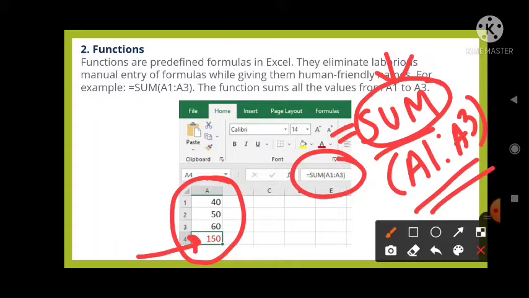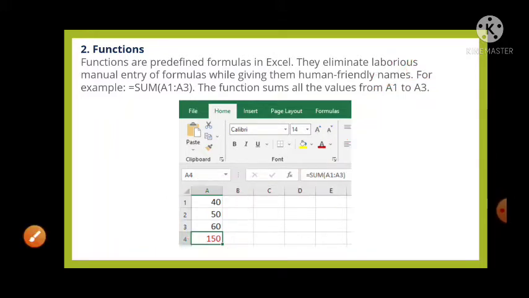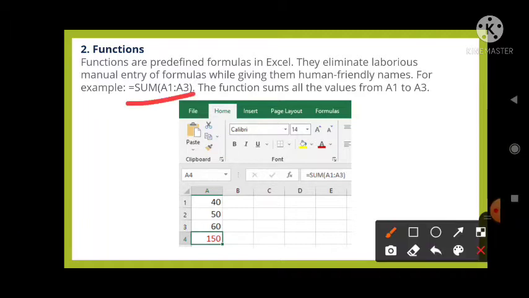If you use this function that way, you don't need to use the long formulas. That means you don't need to put all the cell addresses one by one. Just mention the function and then in the bracket just mention the cell range, and you will have the result. In this example you can see that we have mentioned the SUM function in the formula bar.